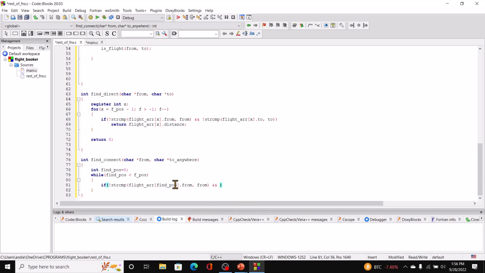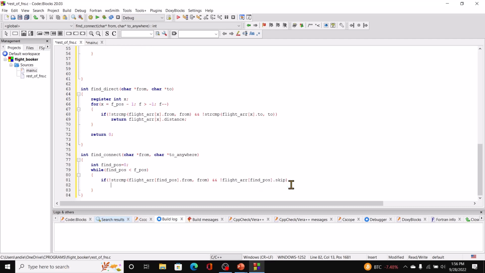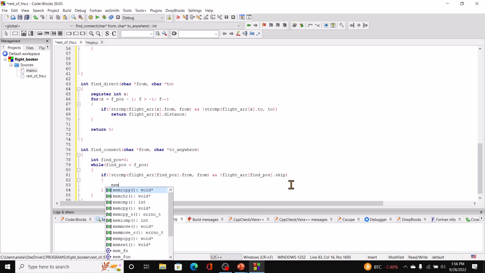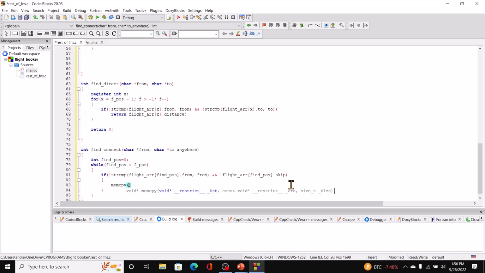And there's another condition, and that one is not flight arr of find pos, again being the index, or at find pos dot skip. So if this contains a 0, right, which means this route hasn't been looked at earlier, then we'll use memcpy and copy to anywhere,